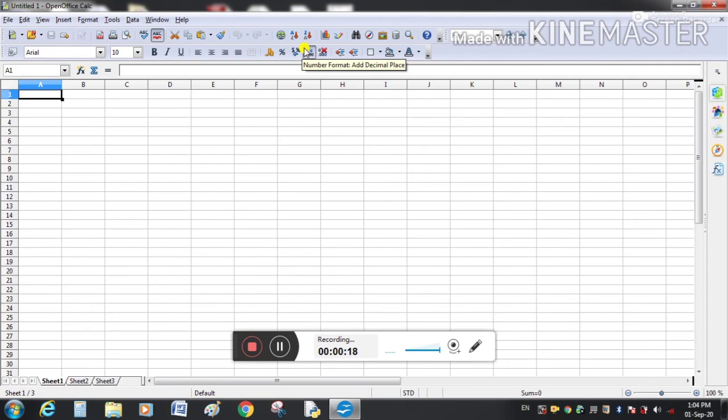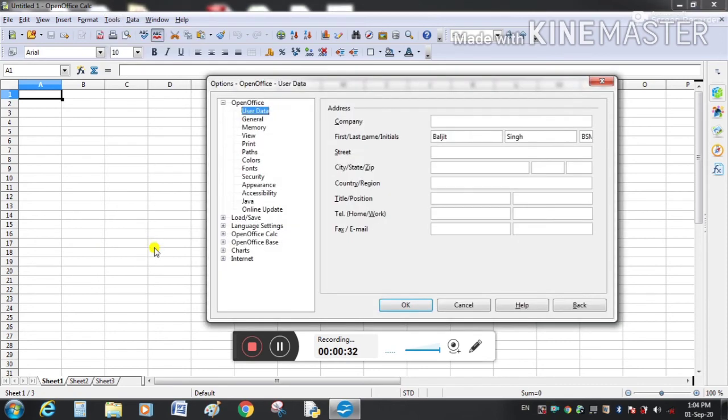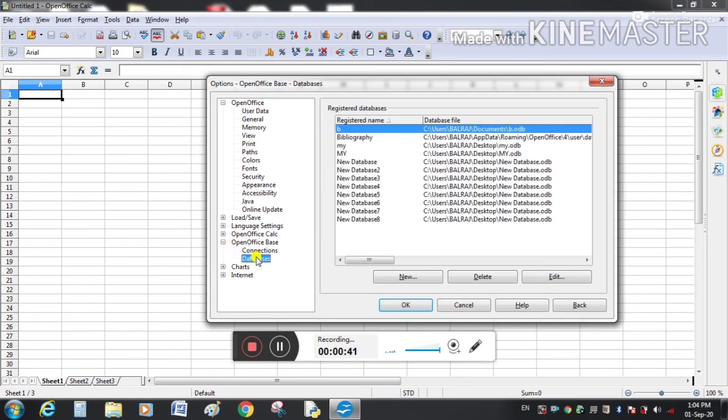Now we will create a link to the external data source. For this, go to the Tools tab and here select the last option, and from there open OpenOffice Base, expand it and select databases.